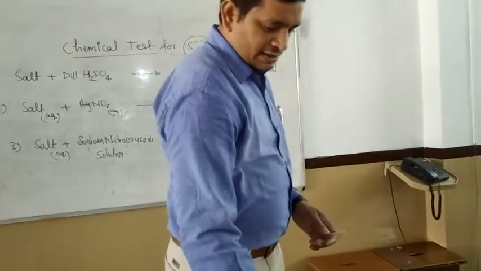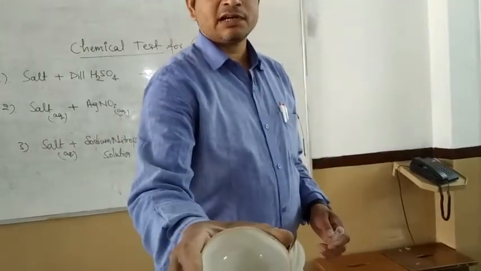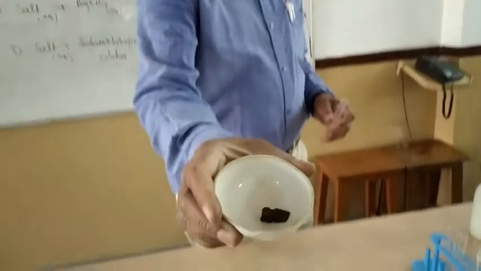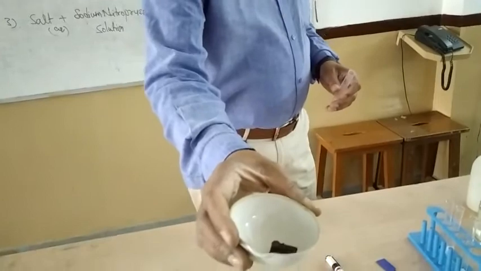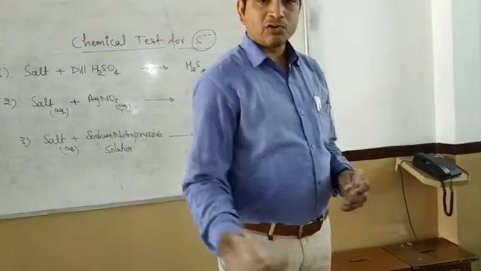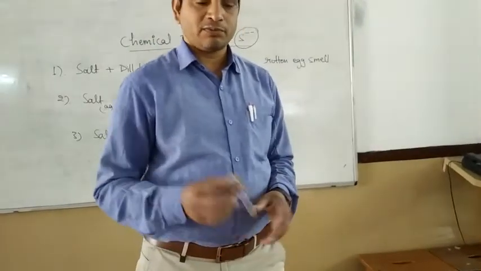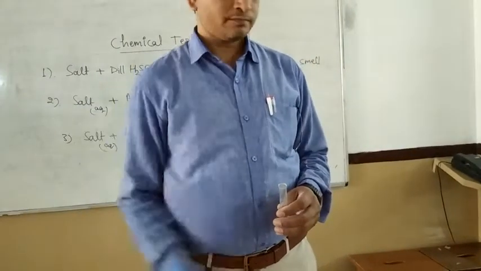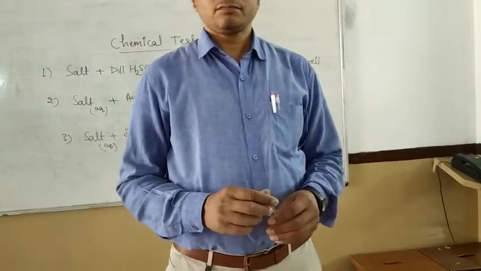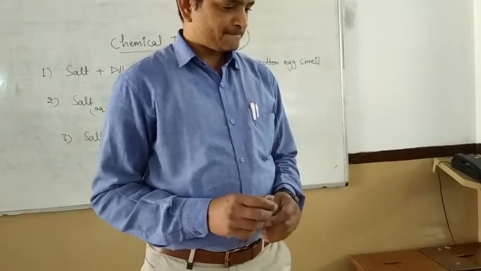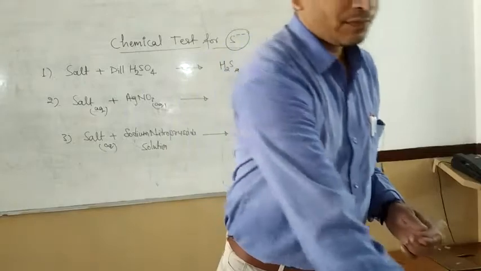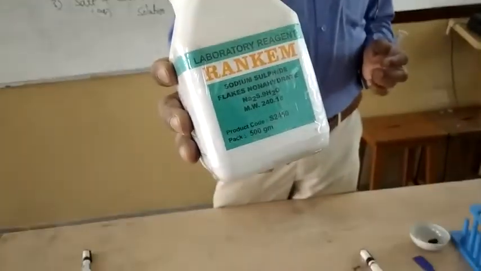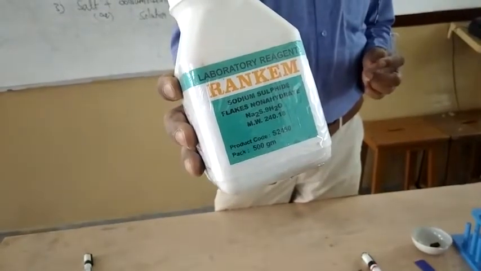This is the iron sulfide stick and it is less reactive. So to check the sulfide ion, we will take another salt of sulfide ion which is more reactive, so that it will easily dissolve in the aqueous solution. Sodium sulfide. You can see here this is sodium sulfide. This salt will also contain sulfide ion.